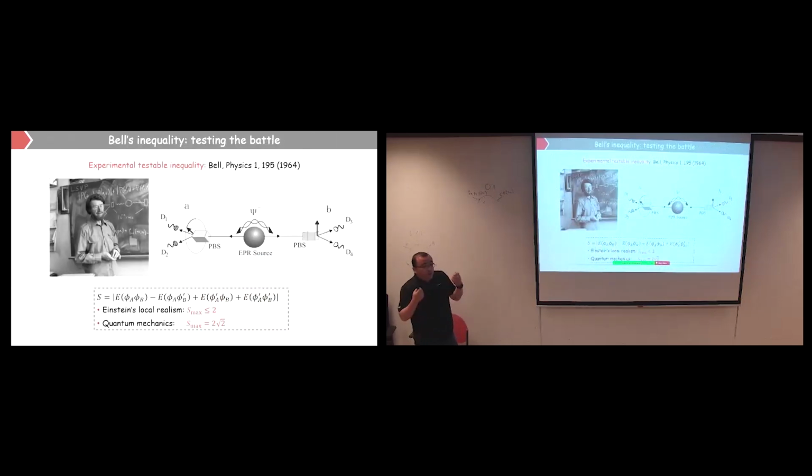Bell found that if you can make an entanglement source, and it obeys quantum mechanics, and you do coincidence measurements, you will violate the inequality. And if there is no quantum randomness, if any measurement is set by some local hidden variable theory, the value must be less than 2. So just do the experiment.